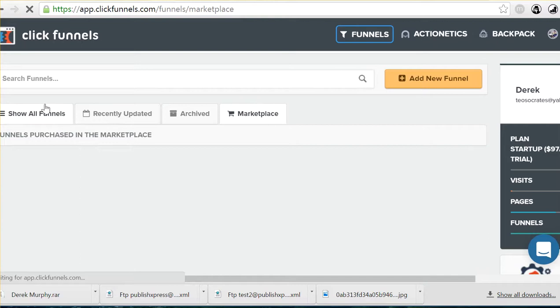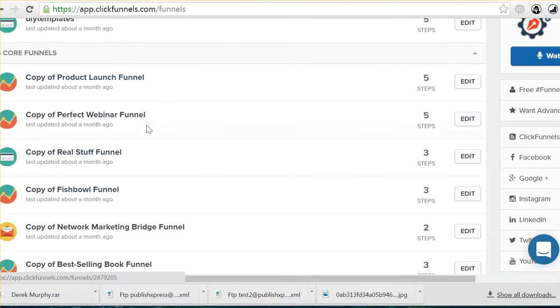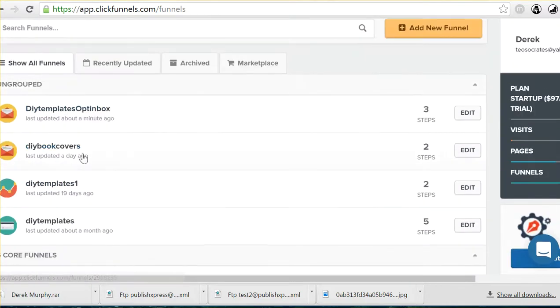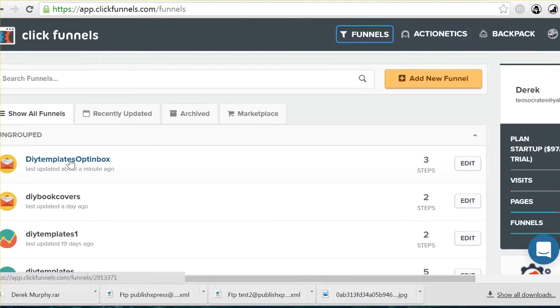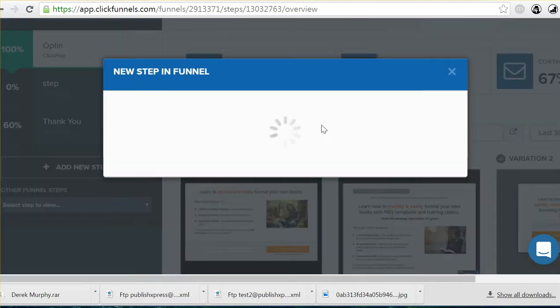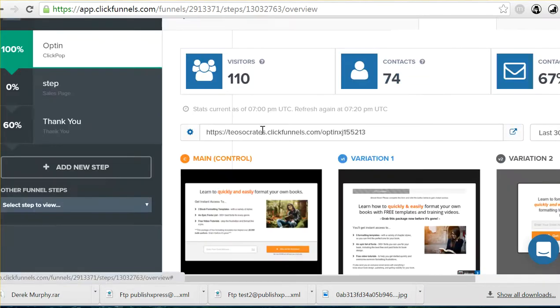And when I show all the funnels, it doesn't actually show me all the funnels. It only shows me some very lame introduction funnels and the ones that I've made. It doesn't show me all the funnels until I'm actually building a new funnel and adding in a new step, and then I can finally see all the templates that are available. So those things are kind of a pain in the ass and poor design, but once you get there,